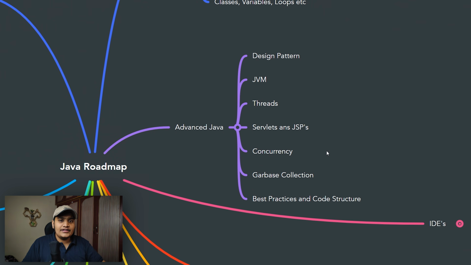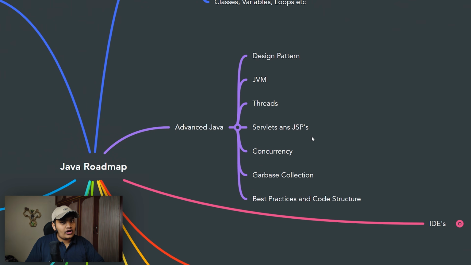If you work with any of the companies, they would be working with JSPs and servlets. There are new frameworks available, and they will be working with the new frameworks as well. But if you go with enterprise applications, all those enterprise applications created in Java will be using JSPs and servlets. So learn how to create different JSPs and all the different tags available, how to manipulate the data within the JSPs, and how to create servlets and the working of servlets. So learn about those as well.